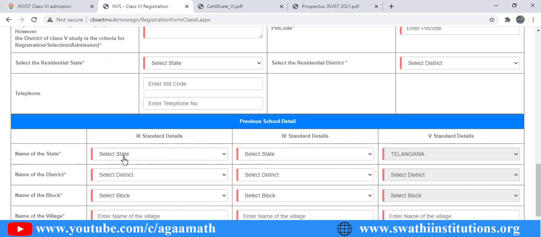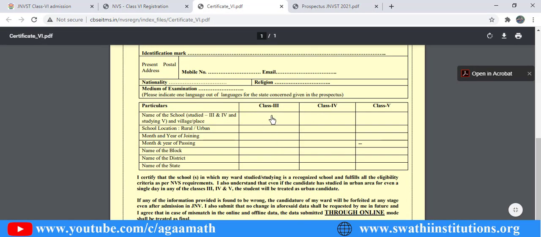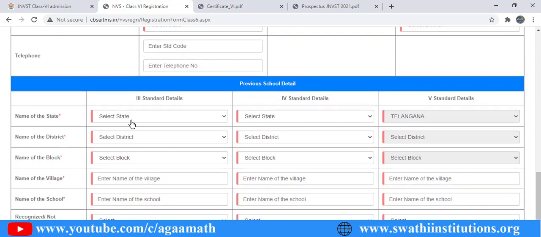As we already filled the certificate just before, fill everything carefully here based on it: where the student studied in 3rd class and 4th class, and the respective state, district and block to be selected.